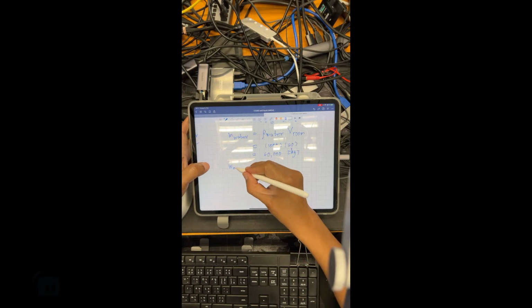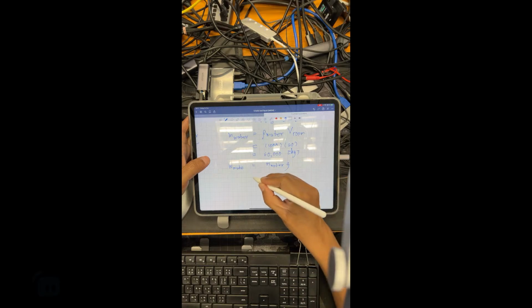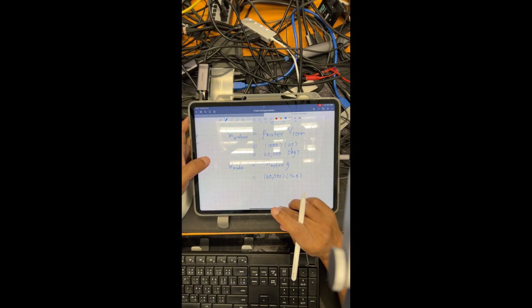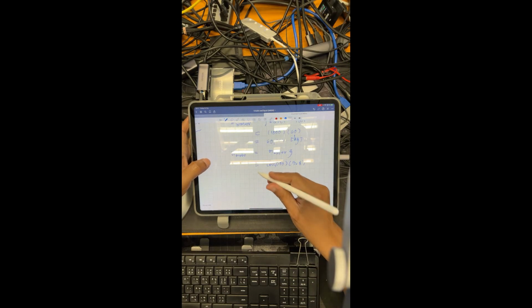The weight of the water can easily be found from m of water times g. You have 60,000 times 9.8, and once you put it into the calculator, it's going to be 588,000